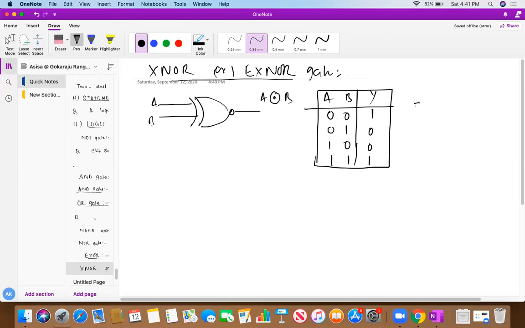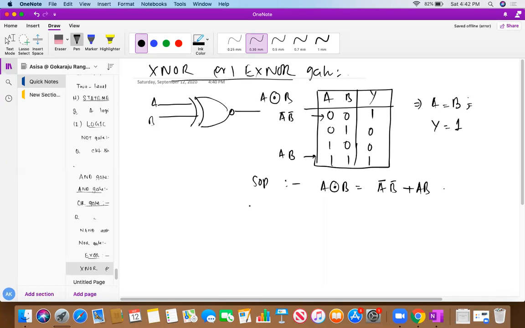So what is my A XNOR B? It's very simple: 1 0 0 1. So what do you understand from here? Whenever both the inputs are the same, means A equal to B, then output is 1, logic high. Okay, so what is the SOP expression of it? Wherever the output is 1, here and here, it will be A bar B bar, and this will be A B. So the SOP expression of A XNOR B is A bar B bar or AB.